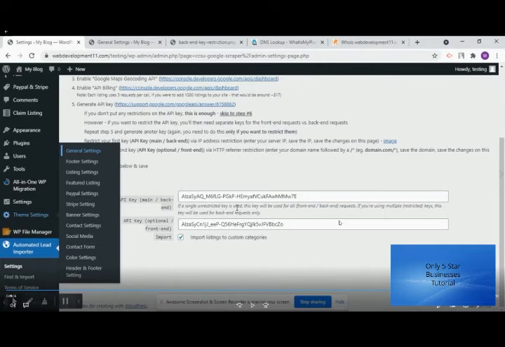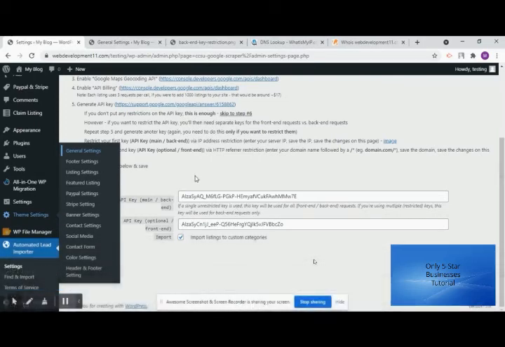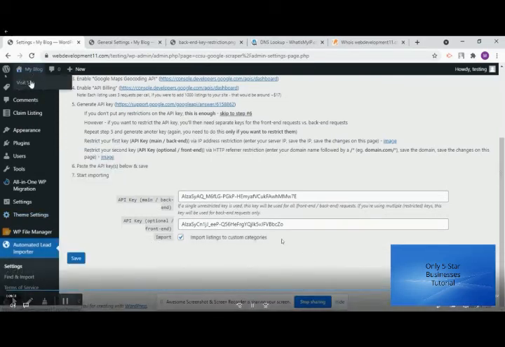But if you want to use the keys for auto lead importer as well as the map, it's better to paste the API keys to your auto lead importer at the settings level. If you have done this in here, you don't need to do it in the general settings. So I recommend that you just paste it in the